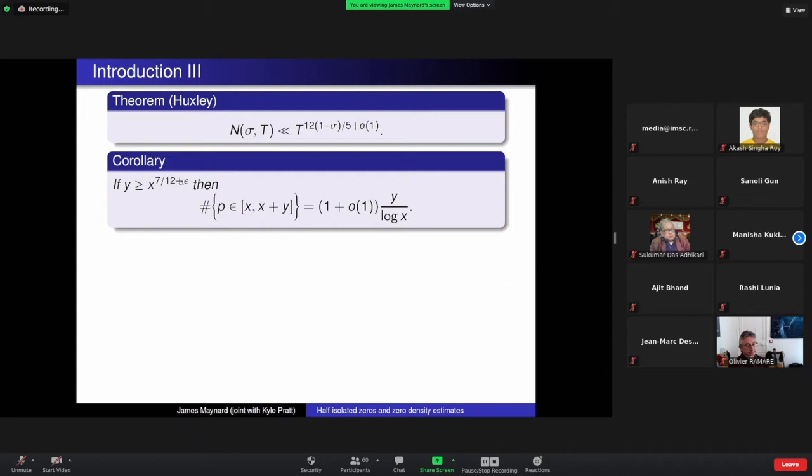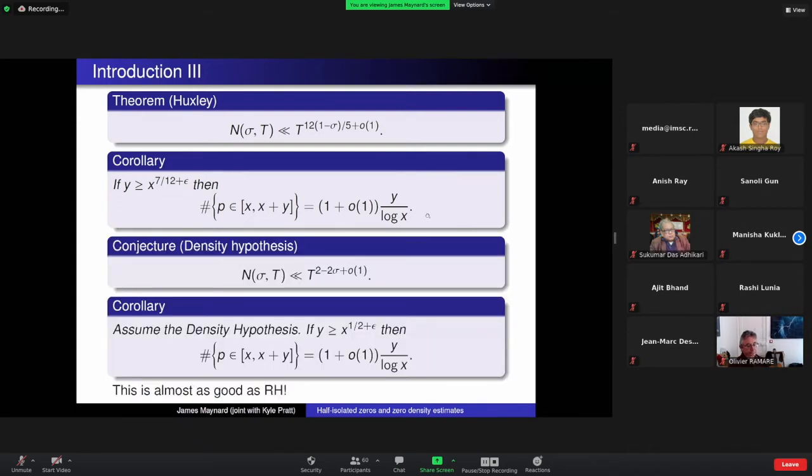He's been able to remove the plus epsilon, but otherwise this is essentially still the best known result for primes in short intervals and hasn't seen any improvement for 50 years. Similarly, you automatically get good results about primes in almost all short intervals, and those are also essentially the best known results. However, we believe that you should be able to improve this bound on N(sigma, T), and